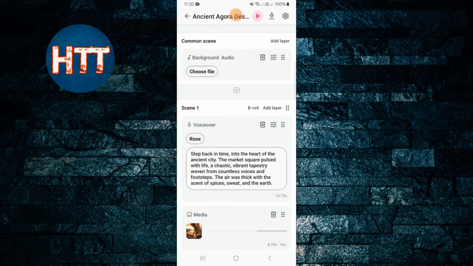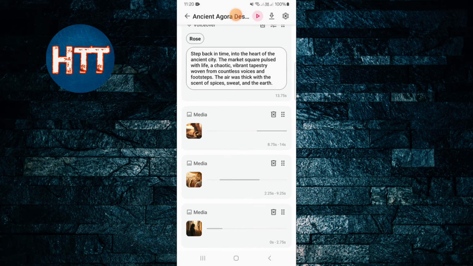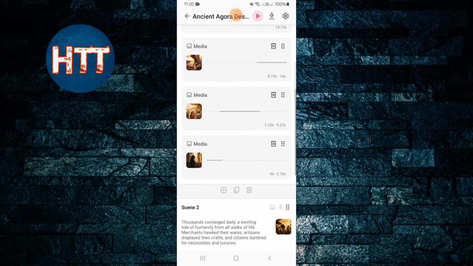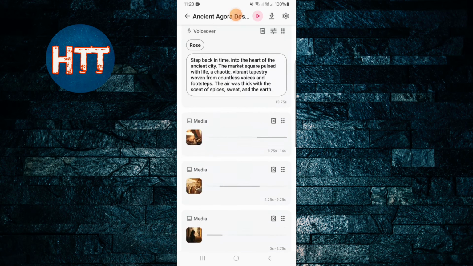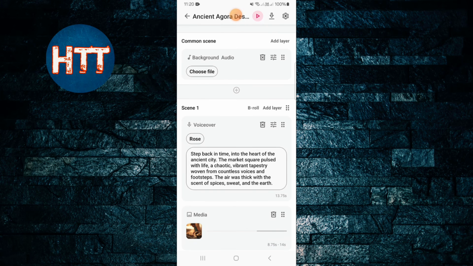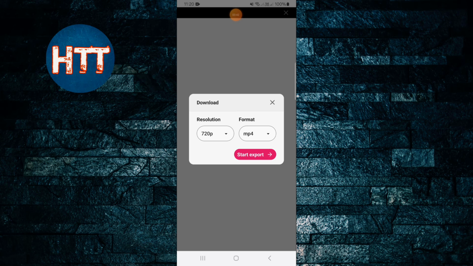So if you see it here, and media, so you can see this is the second. Okay, all the things happen. I'm just going to tap here, replace, not this, quick preview. Okay, I'm just going to choose download, and before starting exporting,